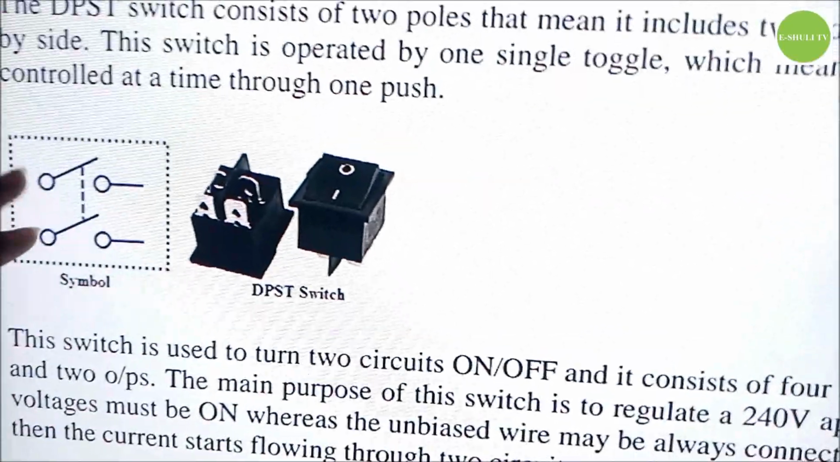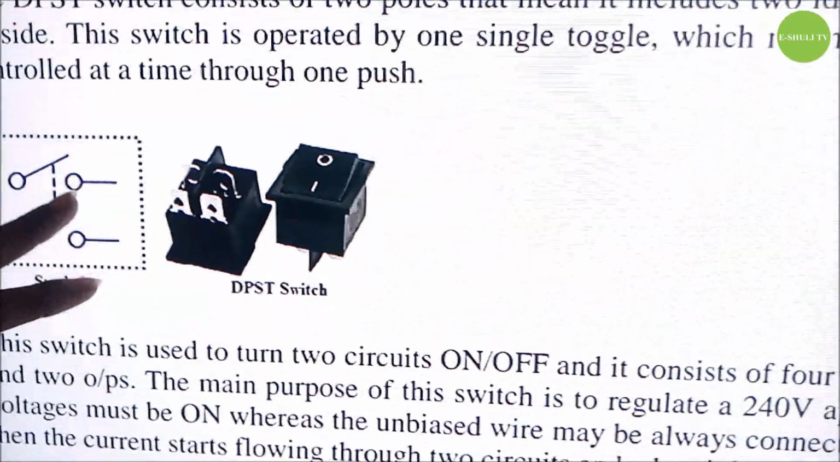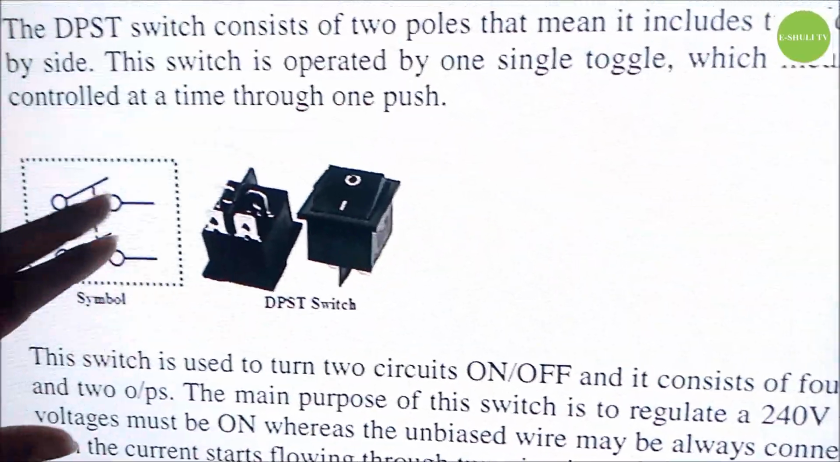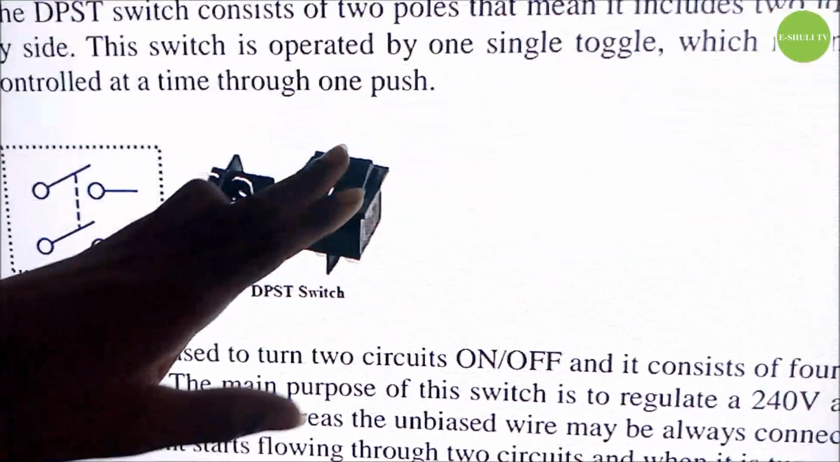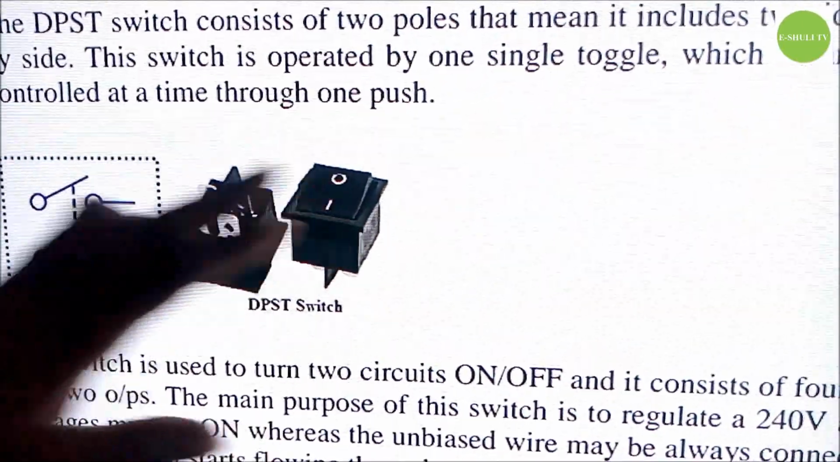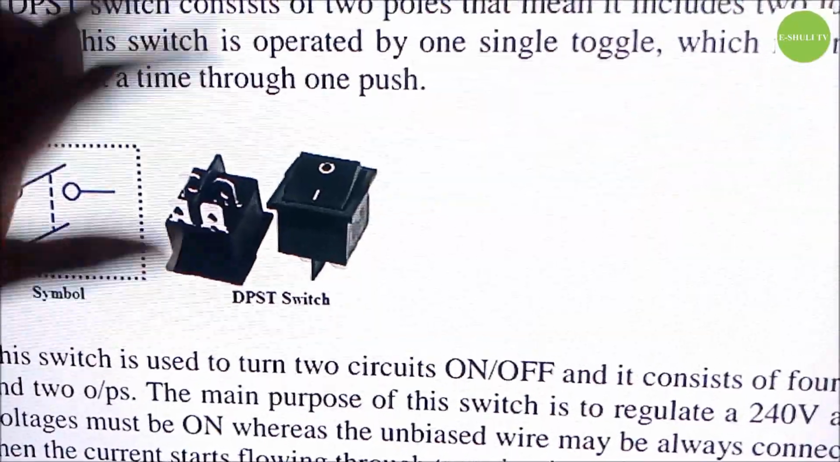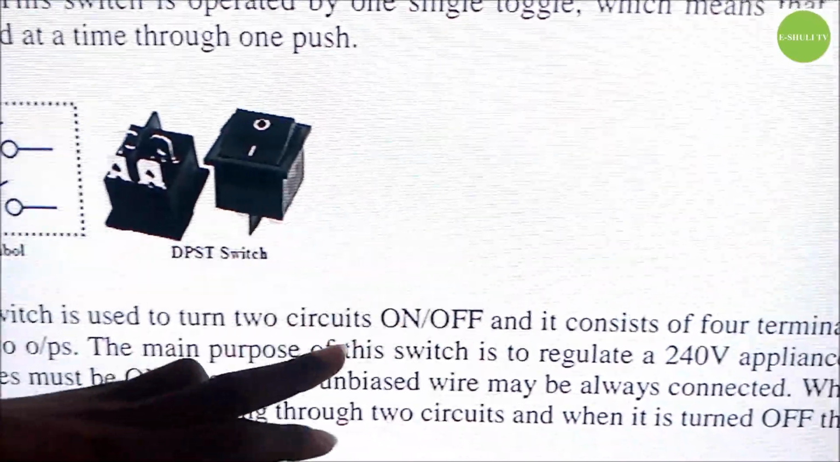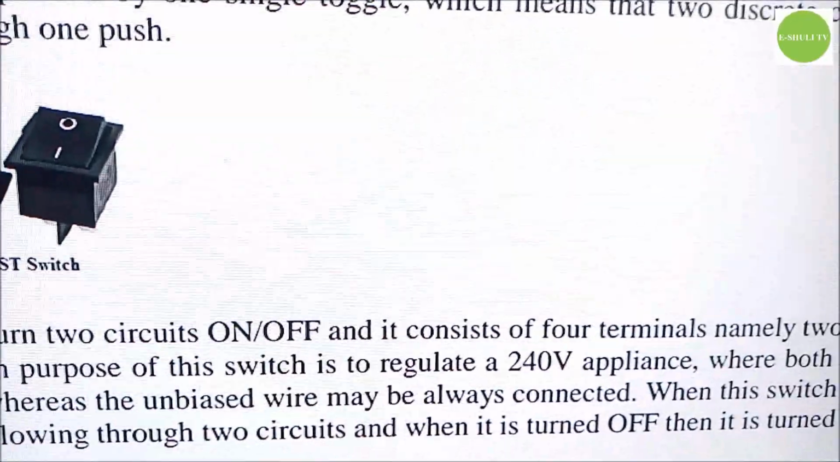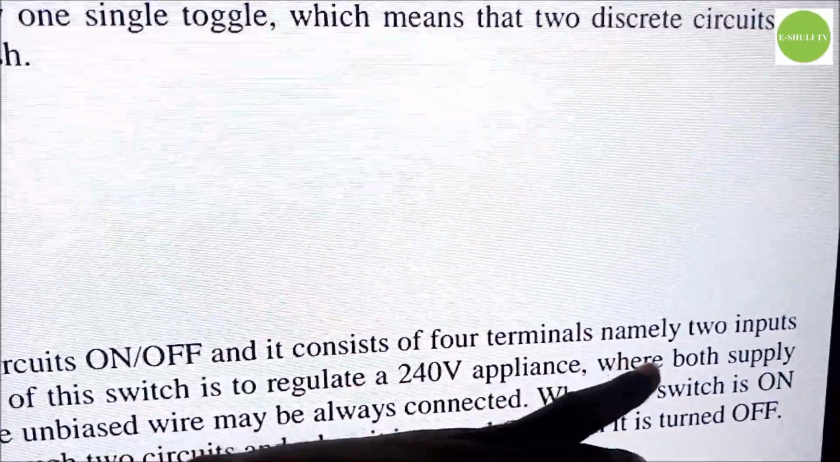Here it is a double pole which has different outputs, but when we change the state of a switch, the output goes on at the same time as described above. So this switch is used to turn two circuits on and off, and it consists of four terminals, namely two